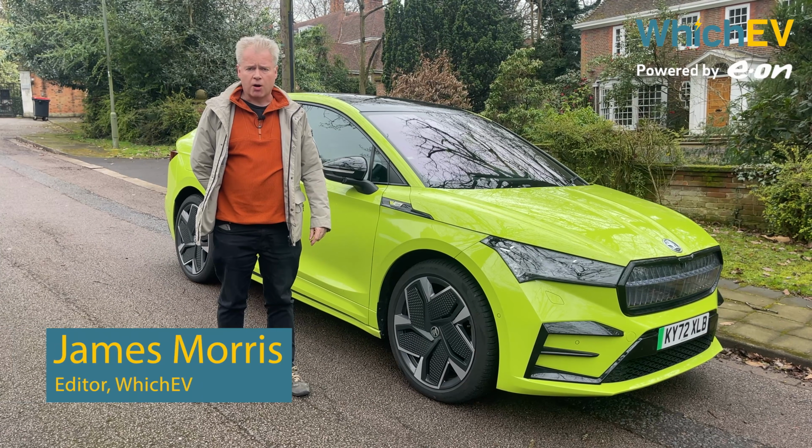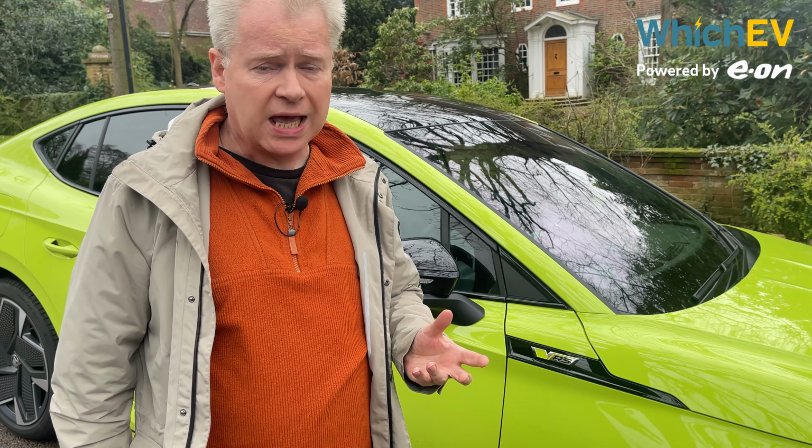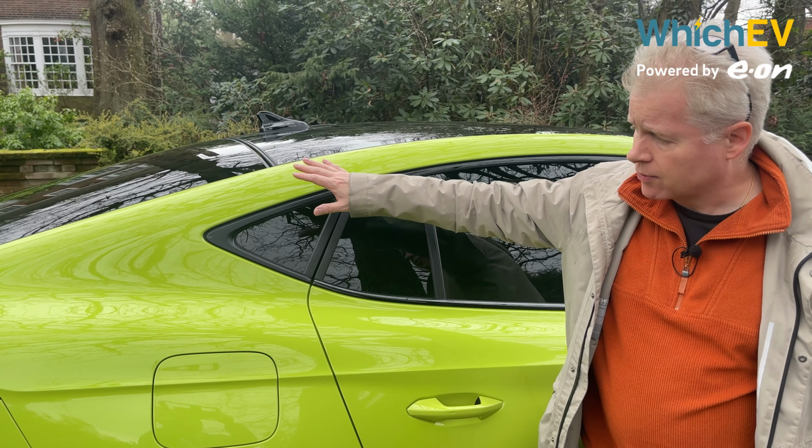Can anybody see this car behind me? It's pretty hard to spot. This innocuous vehicle is the coupe version of the Skoda Enyaq iV, and in particular the vRS variant. It's basically the standard Enyaq with a slopier roof, but do you actually gain anything from losing a few inches